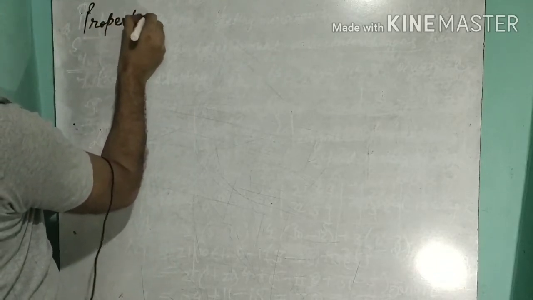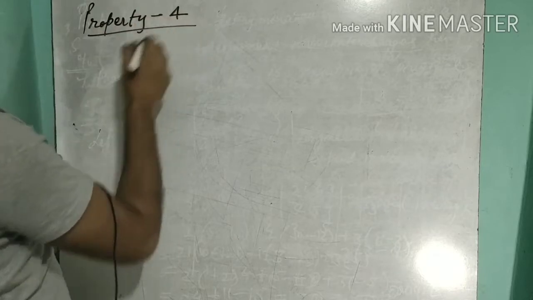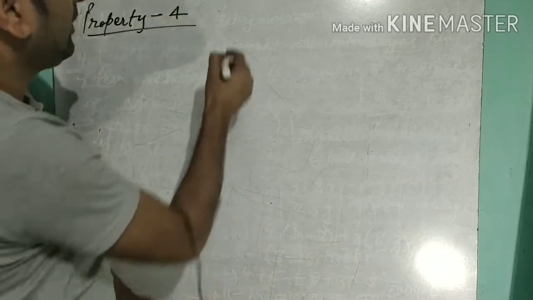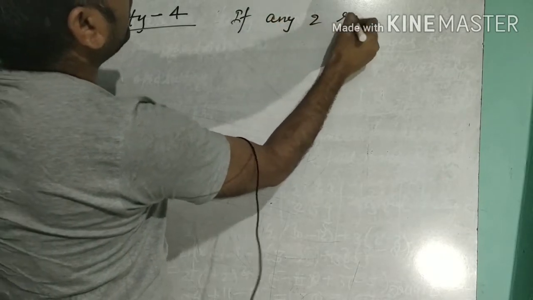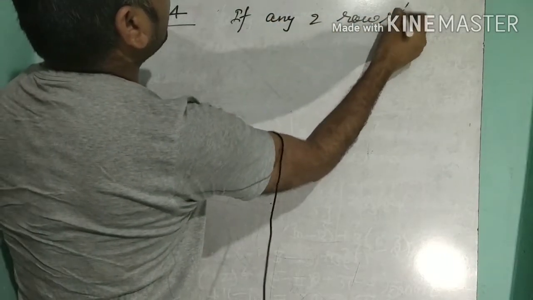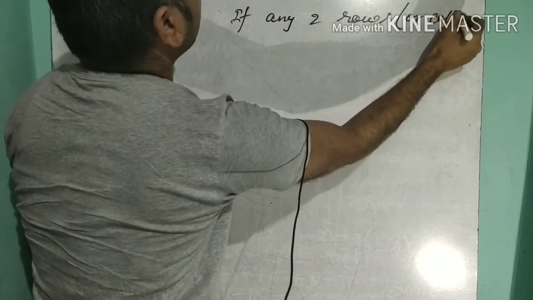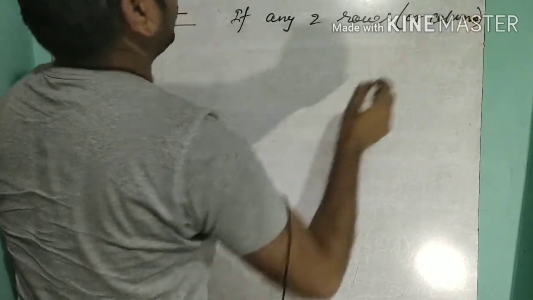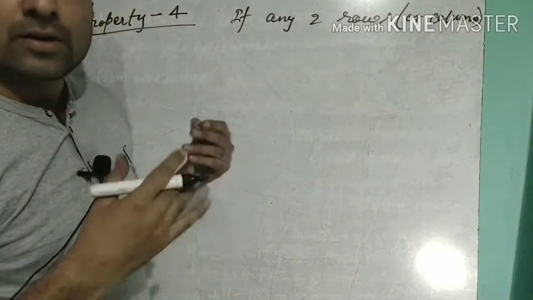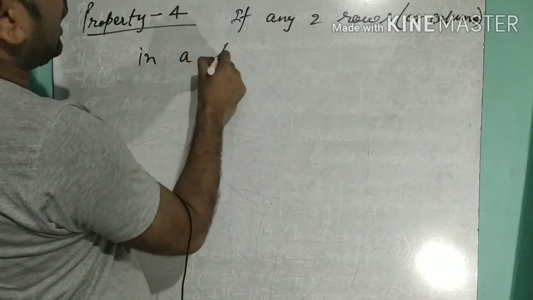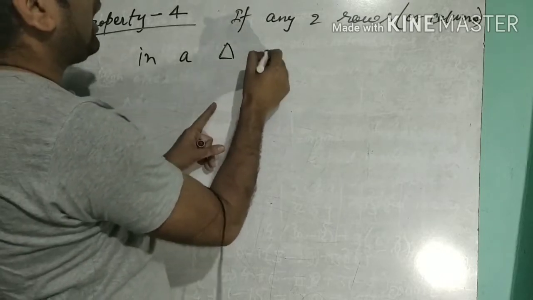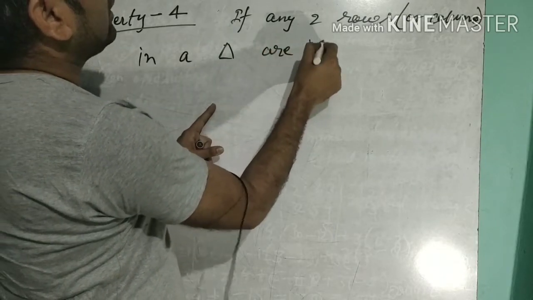In this property, if any two rows or columns in a determinant are identical,